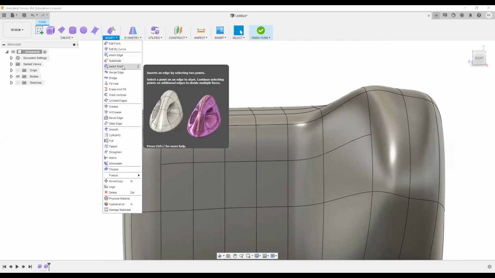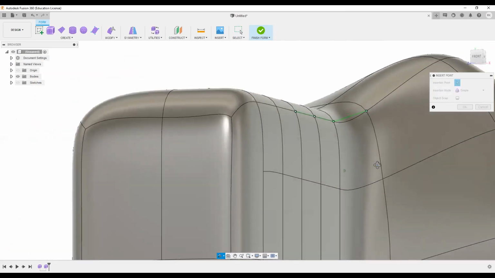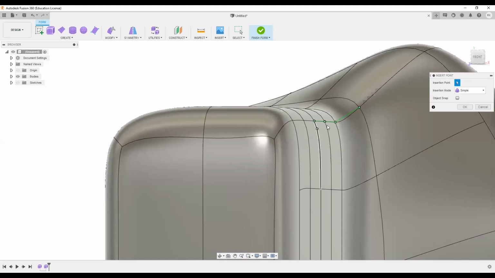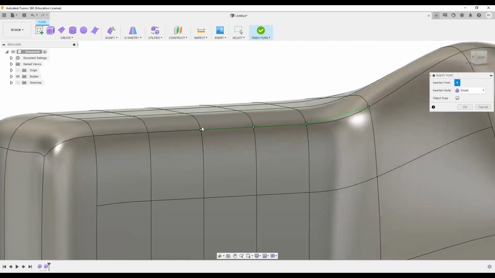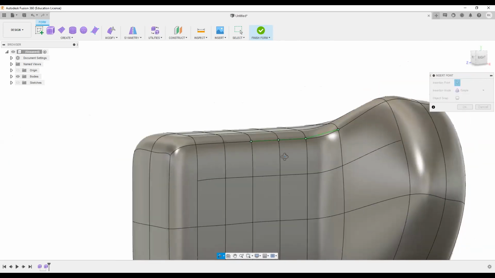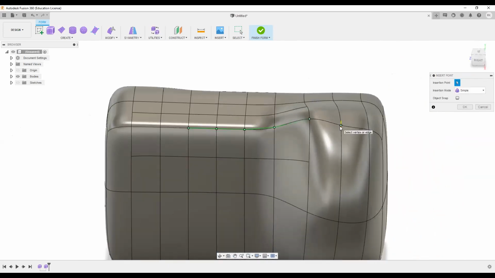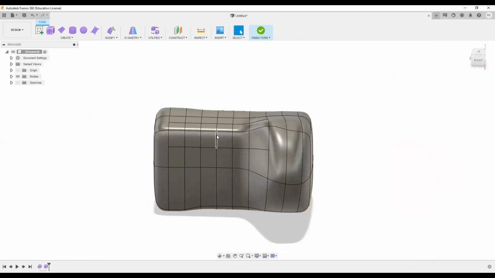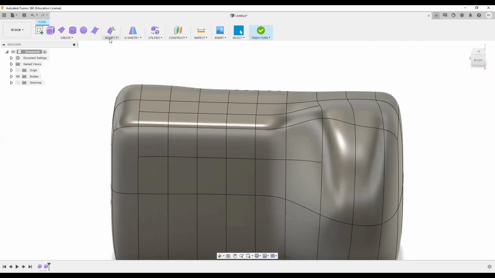Now there is an insert point also, which works the same way. Now I just have to select the number of points this way. In this insert point tool, we do not have an option for a distance, because it does not require a distance. It just makes our form, the particular body, in that particular way. So if I select this number of points like that and do OK, it will insert more points, and then I can change those points by using the free edit form tool.